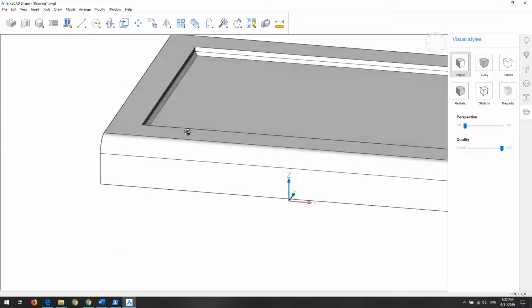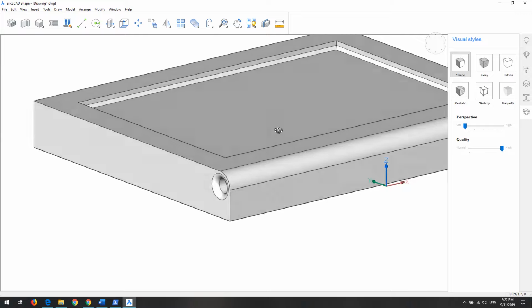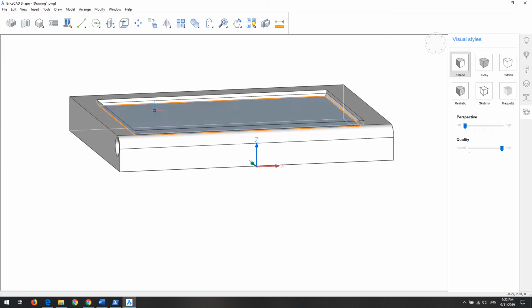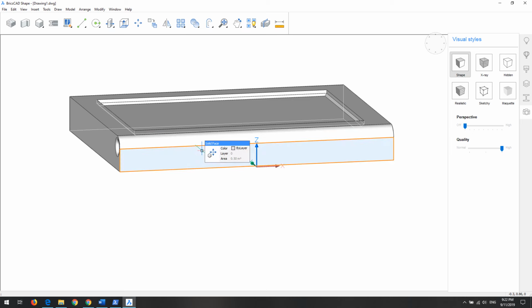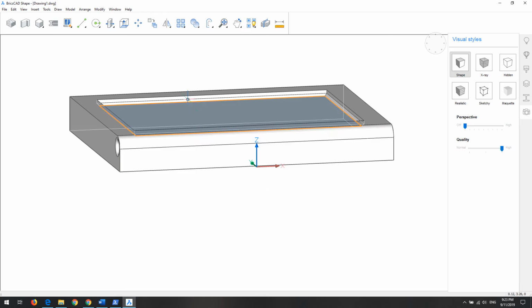So there are so many things. I think this is not a good way to model. I wanted to reduce the size without losing this particular side feature. Maybe we have to use the scale tool. Is there any scale tool here? This particular thicken, split solid by face. Let's use the split, and what we have to do,